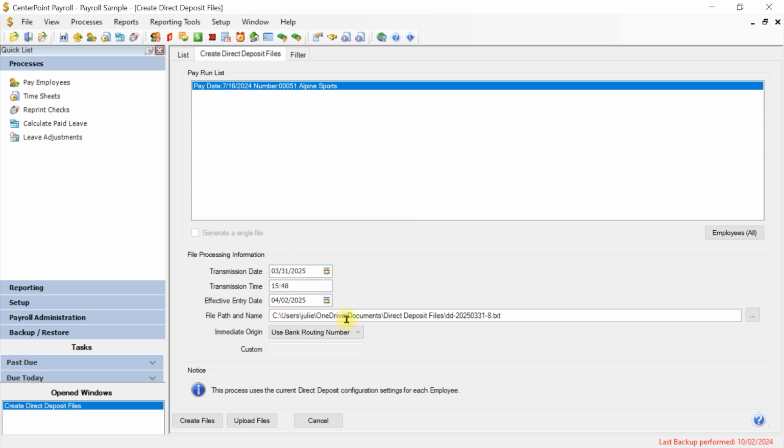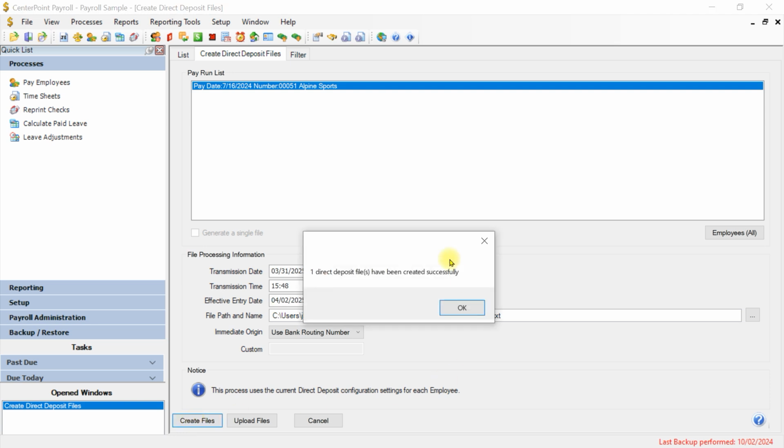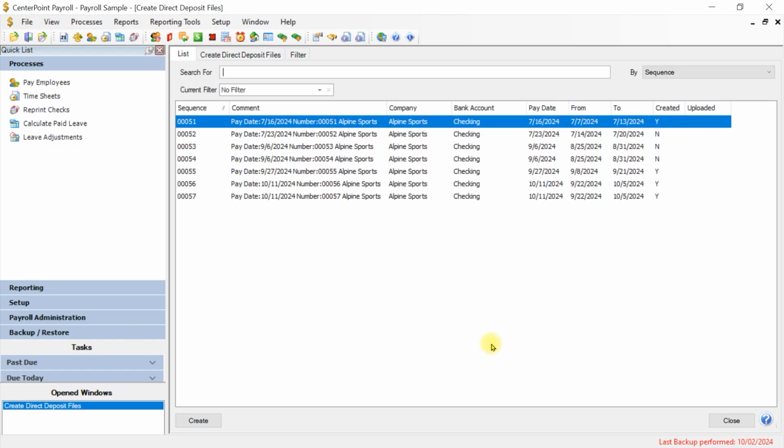Again, it'll default information from the bank account direct deposit file tab setup. So it'll show you what folder it's going to create the file in, the name of the file, and the immediate origin. If you are enrolled in the NAP Pay feature, you can click Upload File to upload the file to the bank using NAP Pay. If you are sending the bank the file manually, then you could click Create File to create the file, and it'll create it in that folder,